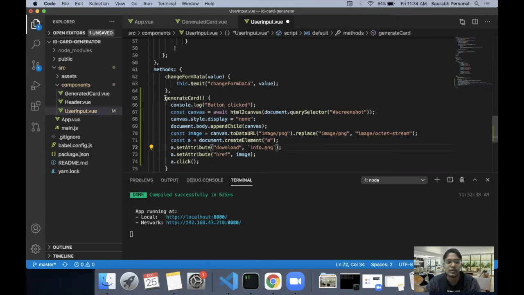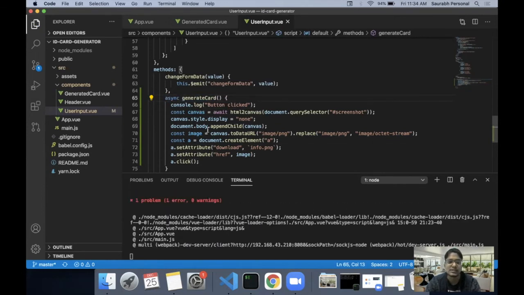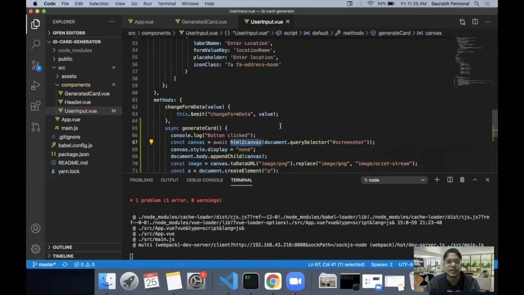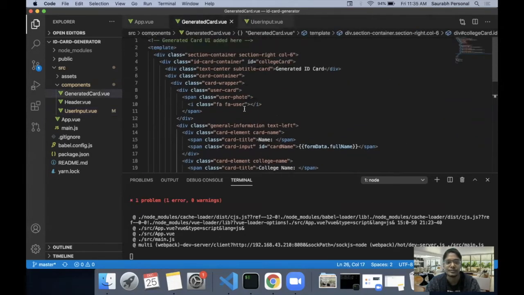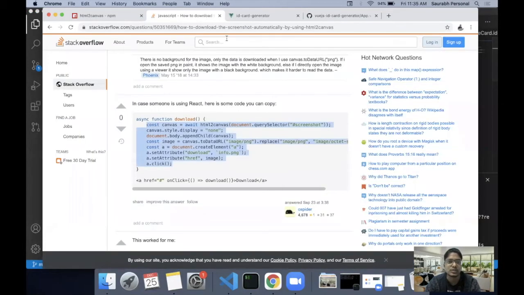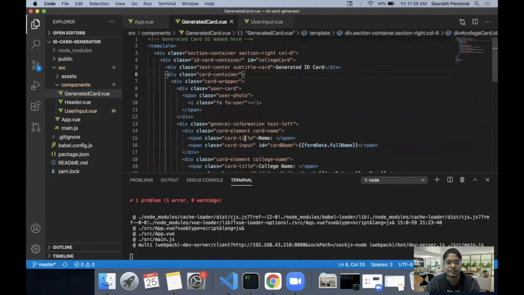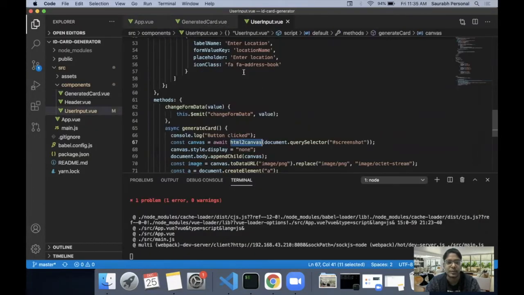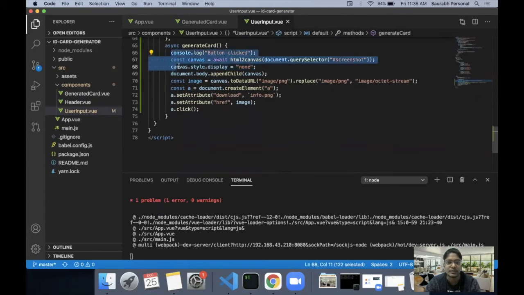So basically what we are doing here is we are going to use an async function because this has a promise return. And if you see here, we have a const canvas defined here which uses the html2canvas element to get an ID or a div from our project and create a canvas element out of it. In our case, if I go to generatedCard.vue, I can see that my card is starting from somewhere here. Just to be sure, let's just go to our code, and for the time being, let me just comment this code out for some time.